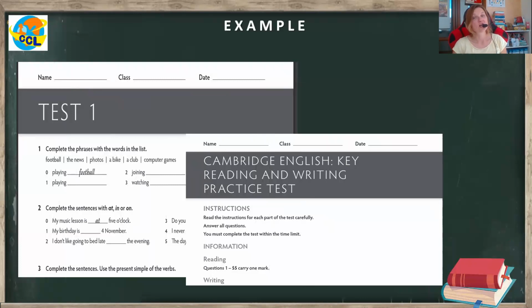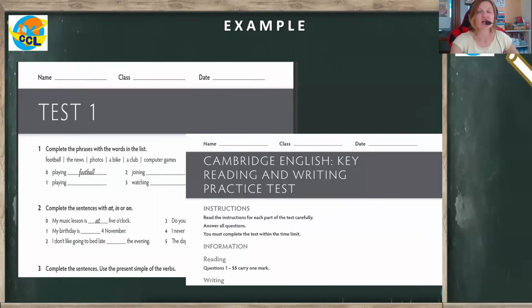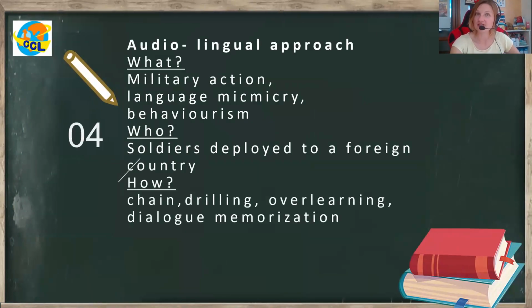Okay, so this is a useful skill. It's about scanning and skimming, reading with a purpose, okay, and doing tests, because life is a test at the end of the day as well, right? Now, the fourth method, sorry, was again the complete opposite of what we talked about when we talked about reading approach,